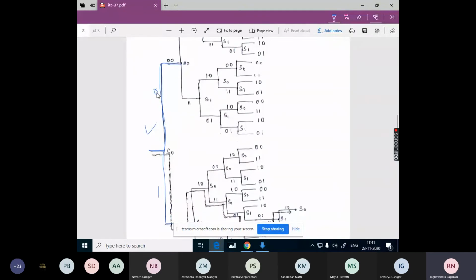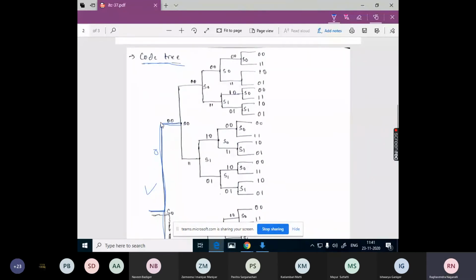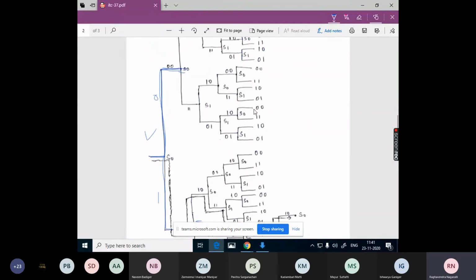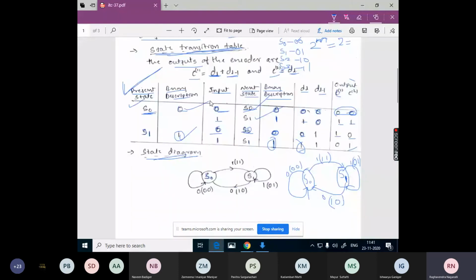If 0 is the input, S0 is the next state. If 1 is the input, S1 is the next state.